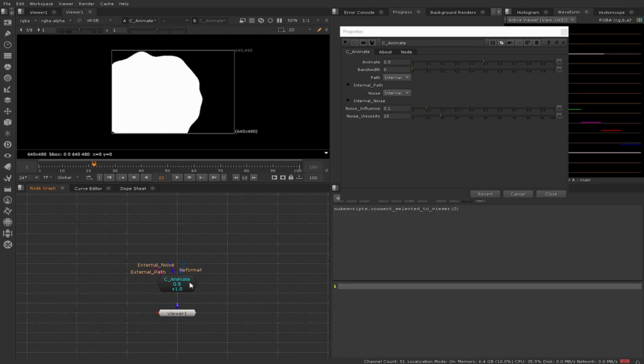C-Animate is for doing pseudo simulations without having to involve other departments and staying in the context of Nuke. So let's dive into the tool. Firstly, what we've got here is the tool. We have a lovely animate bar. This is pretty much the main crux of how you will drive